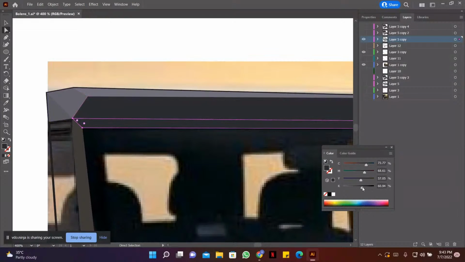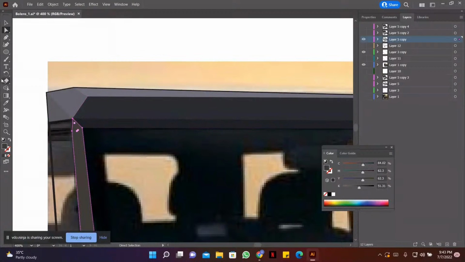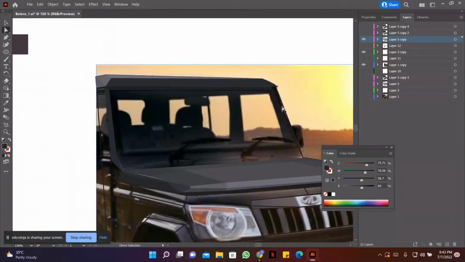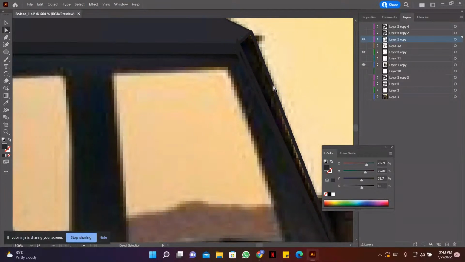And I had a darker version here, and I had a lighter version here, and so now we have